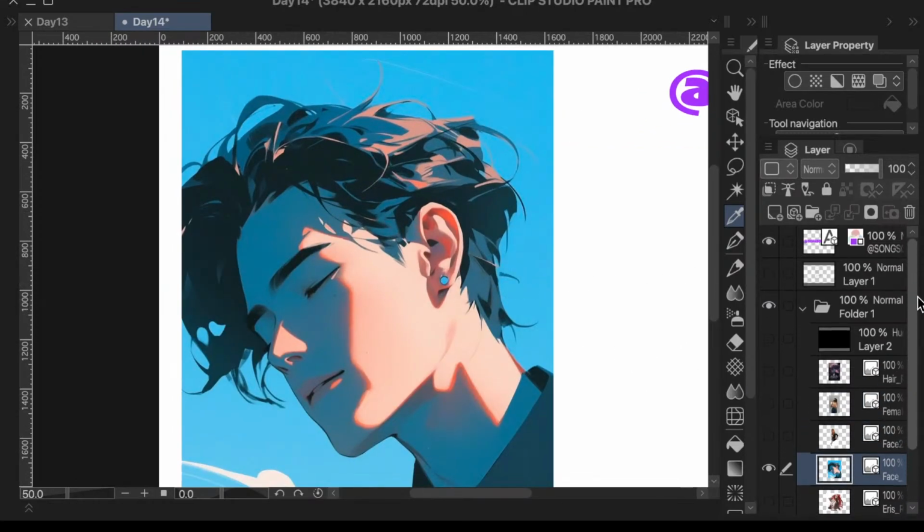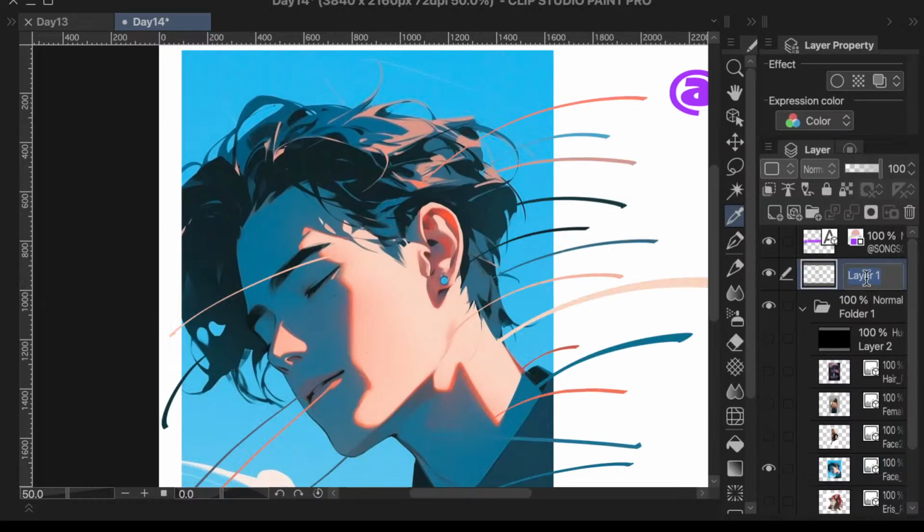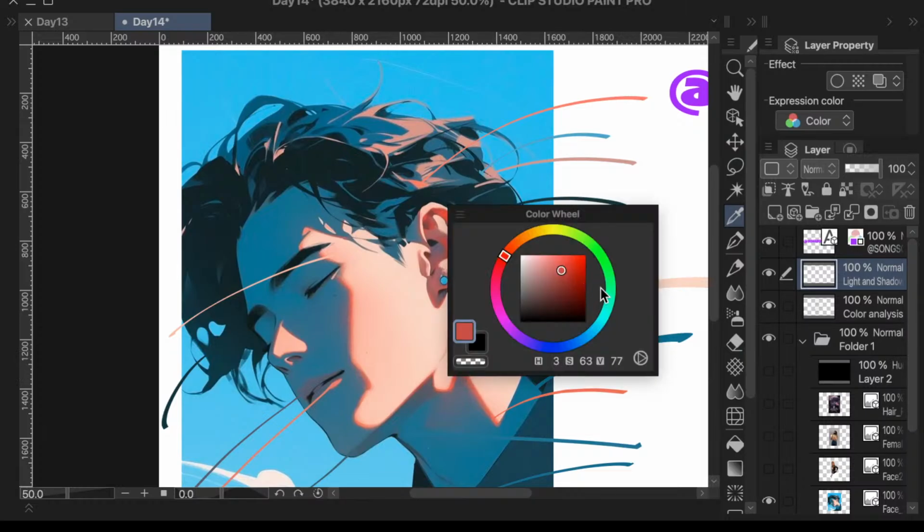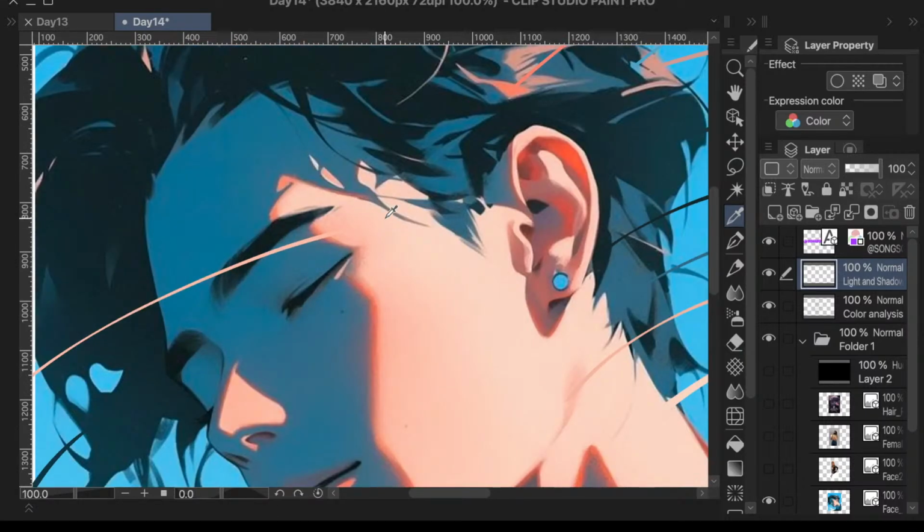So what I'm going to do is I'm going to call this the color analysis. And for another one, I'm going to call it the light and shadows. For light and shadows, what I'm going to do is I'm going to mark the spots,